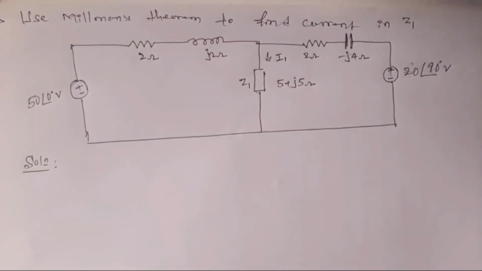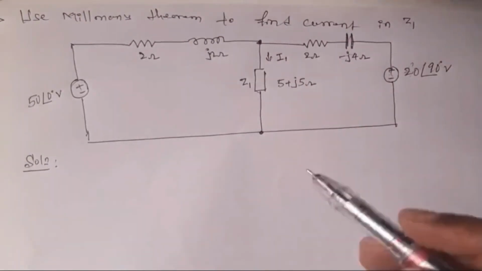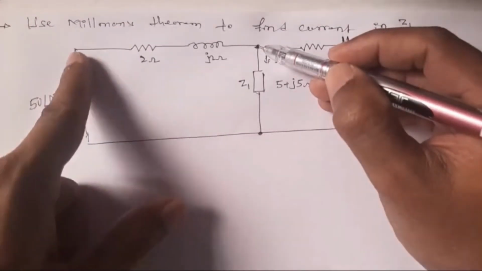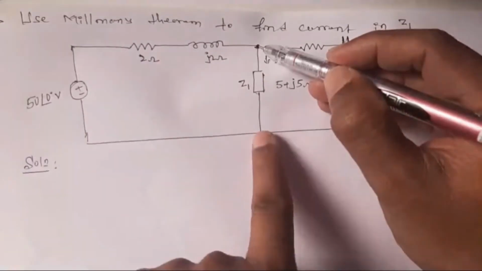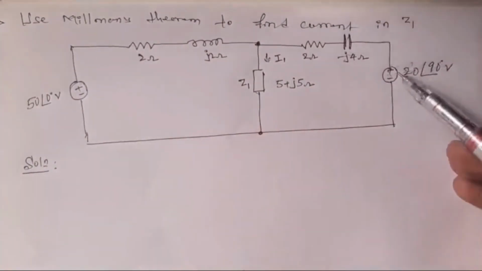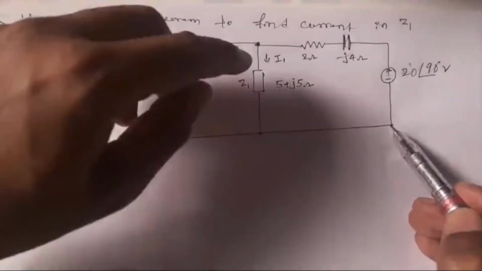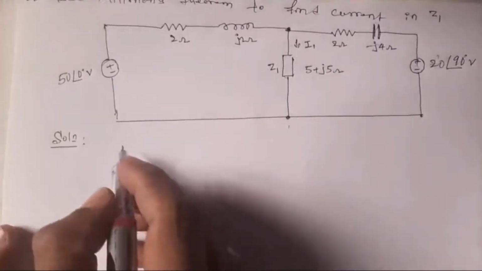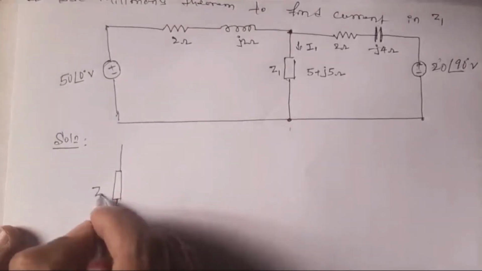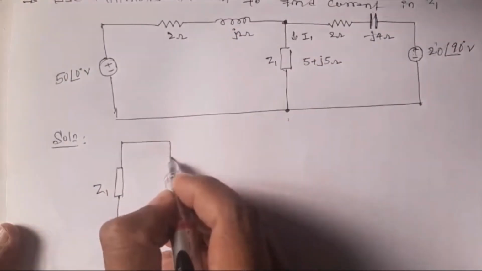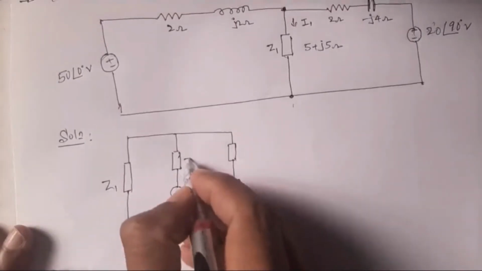Here, there are two voltage sources and both the voltage sources are in parallel. If you consider these 2 points, across these 2 points, this voltage source along with this series impedance, both are in series, and that combination is parallel with this. And if you see this voltage source along with this impedance, that combination is in series, and that total combination is parallel across this. So if I draw the equivalent circuit, this is Z1. Let us consider, first I'll write Z1 here. This is Z1, and this one I'll consider some Z2, and here let me consider some Z3. This is Z2 and this is Z3.